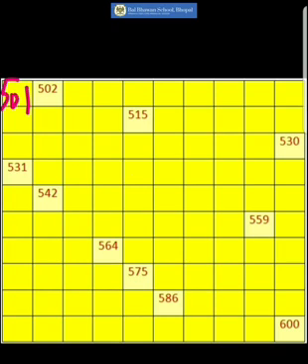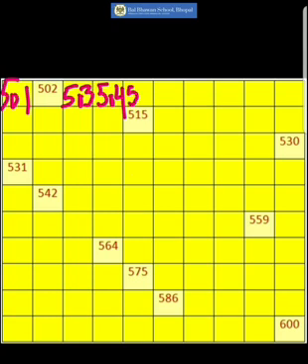Now children, here you can see all these numbers are 3-digit numbers. So in all these missing numbers, only the digit at ones and tens place will change, and the digit that is on hundreds place here will not change, that is 5. So children, after 502, what comes after 2? Yes, 3. So next number will be 503. Now children, what comes after 3? Yes, 4. So next number will be 504.